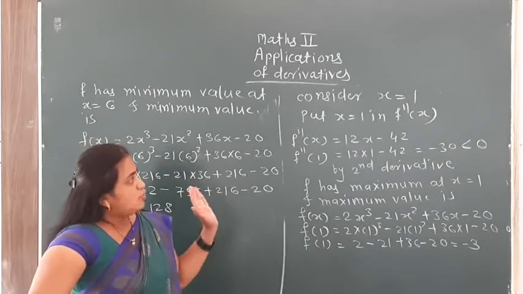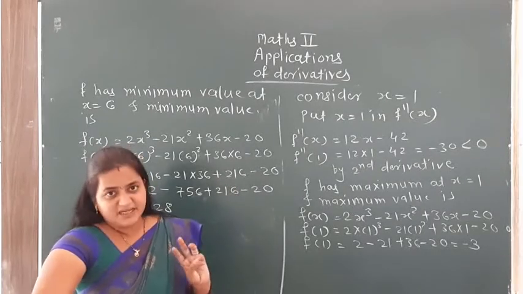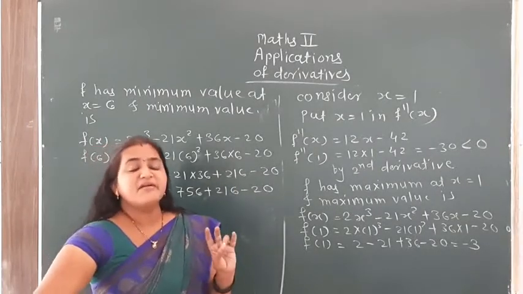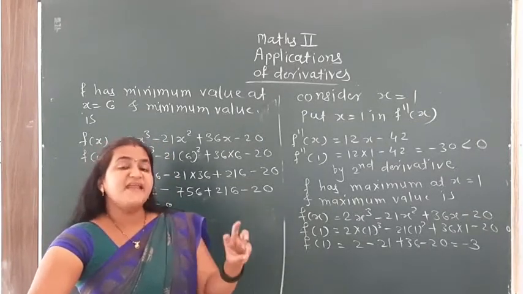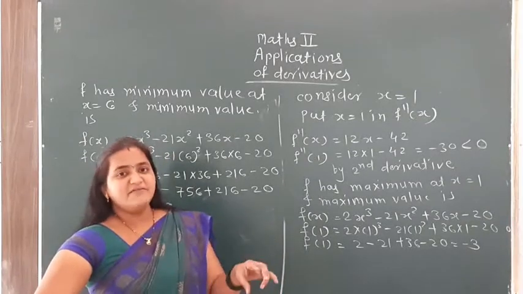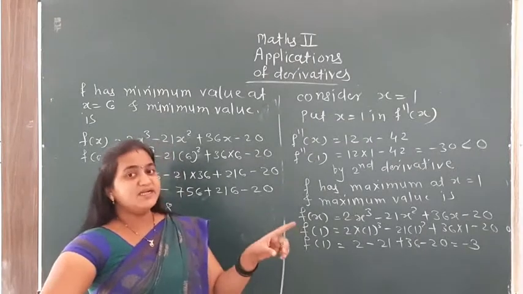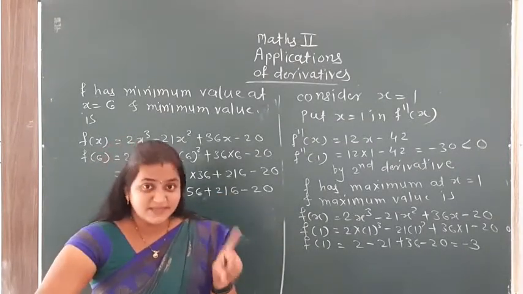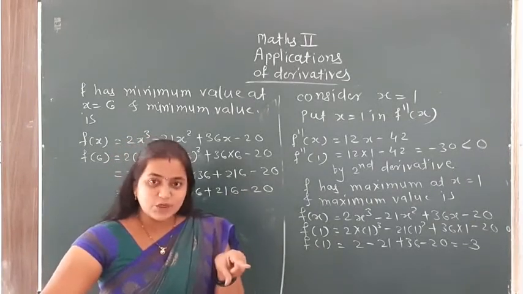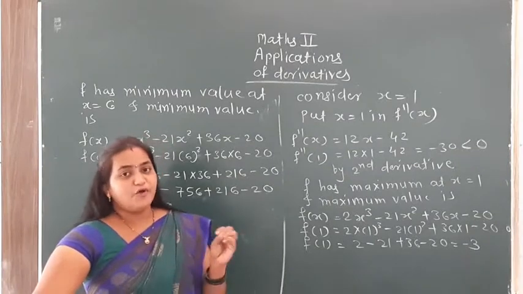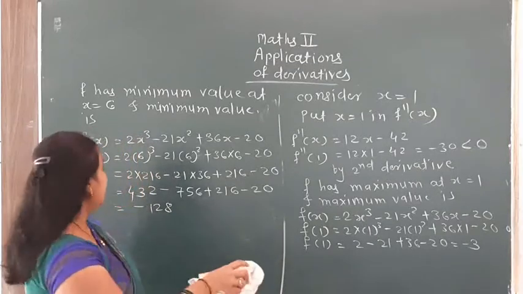So how do we find maxima and minima using the second derivative test? First we find f dash of x. Second we find f double dash of x. Then we find the roots when f dash of x is equal to 0. Then we substitute each root into the double derivative. If the double derivative is greater than 0, the function is minimum. If it is less than 0, then the function is maximum. And whatever value we get, we substitute into the original equation. Same way we can solve the next example.